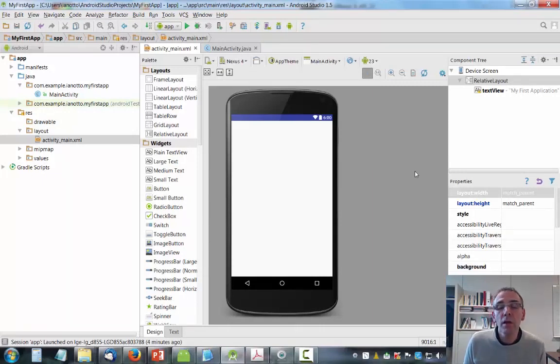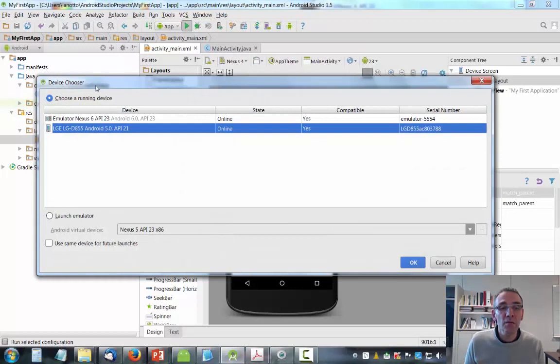The first method is to launch the application from Android Studio by clicking on the green triangle which is located at the top of the window. If I click on this button, the following window is opened, and I can select the emulator or I can select the physical device.